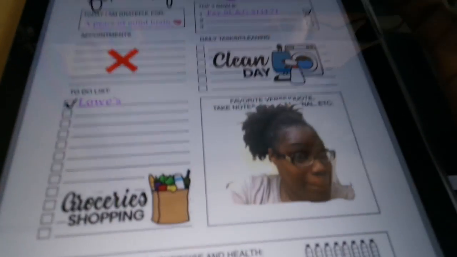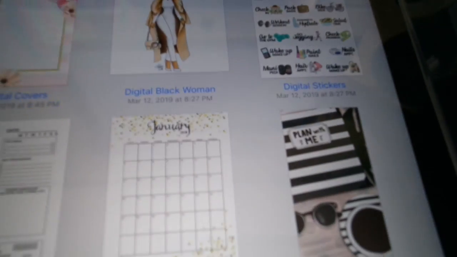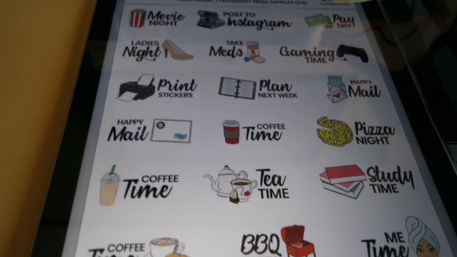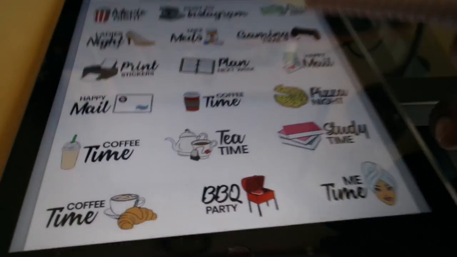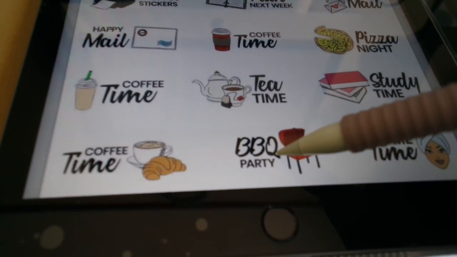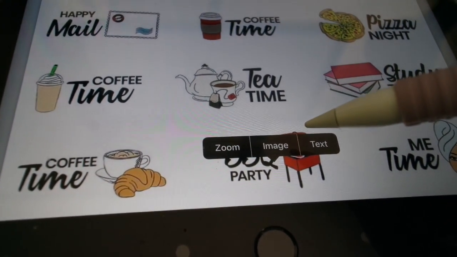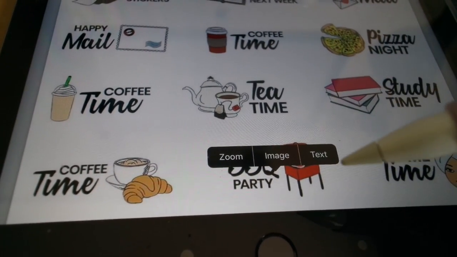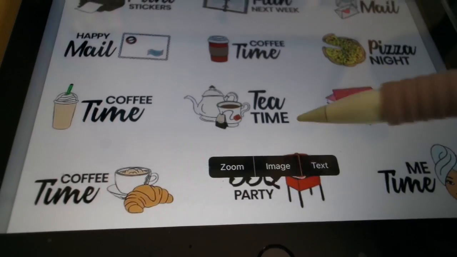And let me show you this. So with the stickers, because I know we all love some stickers, I have a category right here. It says stickers. These are all my layouts of certain stickers. So I'll go in like this. And let's say I'm going to a barbecue. I'll click on this. I just wanted to get that. I'll click on this. And then actually to get it,